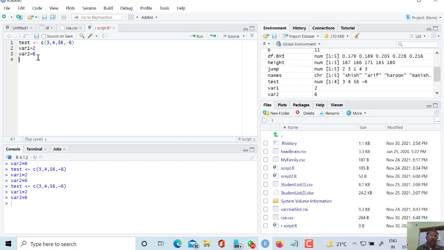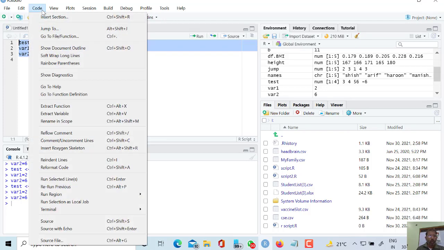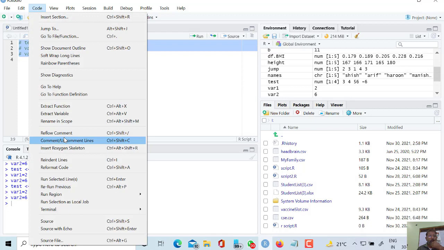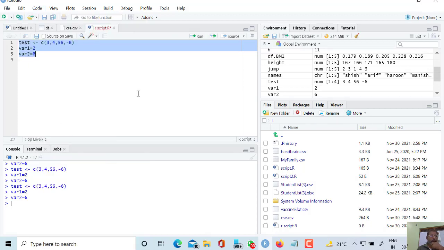Now what is a comment? We can comment and uncomment also. Every line which we want to comment should be selected, go to code, and here comment and uncomment this one, Control Shift plus C. If we comment, then everything selected will be inside the comment line, and similarly if you want to uncomment, then go to code and press uncomment line, then everything will be uncommented.